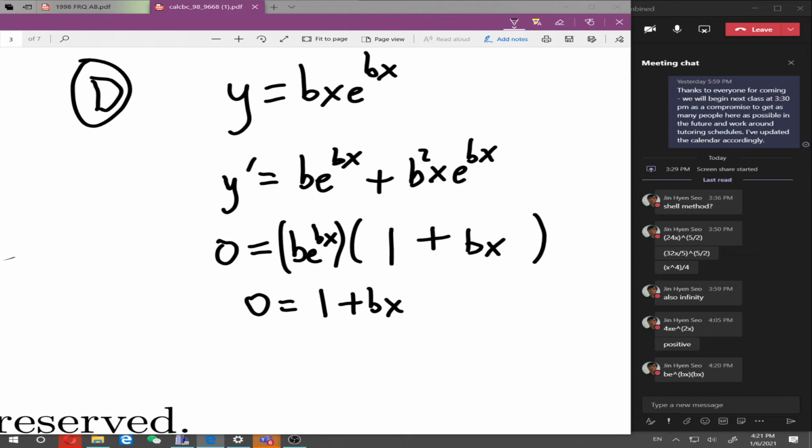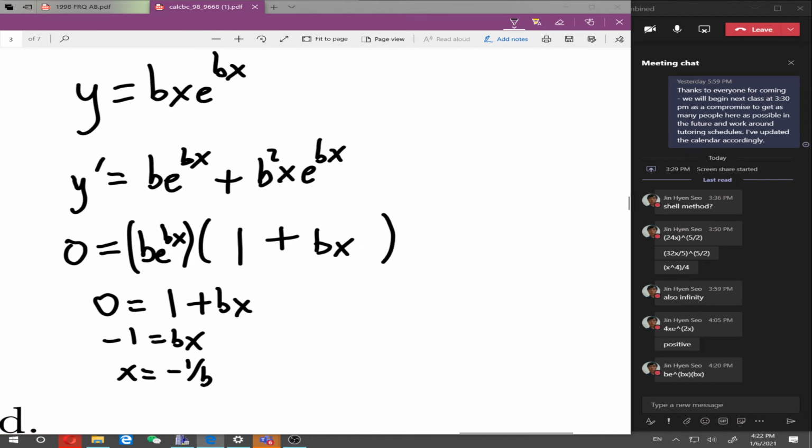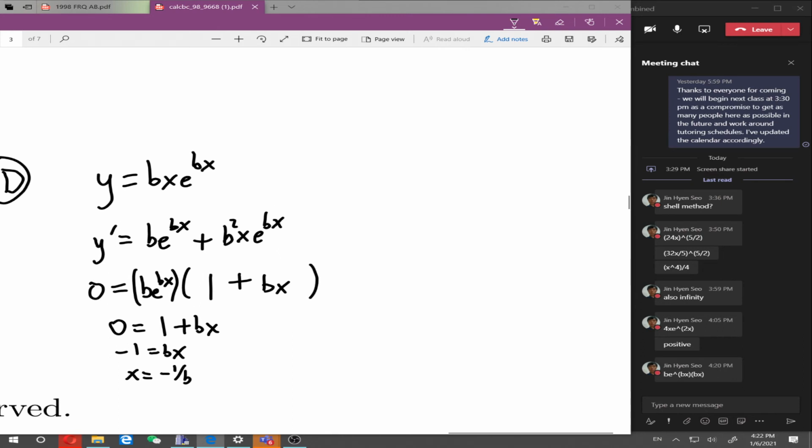So if I want to solve for x, what do I need to do? Just subtract 1 and divide by b. So x is equal to negative 1 over b. Perfect. And then if I want to find the absolute minimum value then,